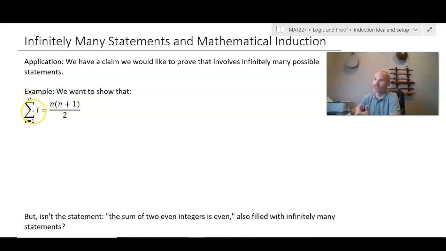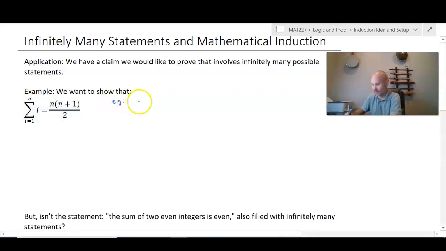And if you remember, the summation sign just means add up. And it's going to add up all of these numbers. This is the argument. It's going to add up all of these numbers called i, and i is going to go from 1 up to n. Okay, so that would basically mean that if, for example,